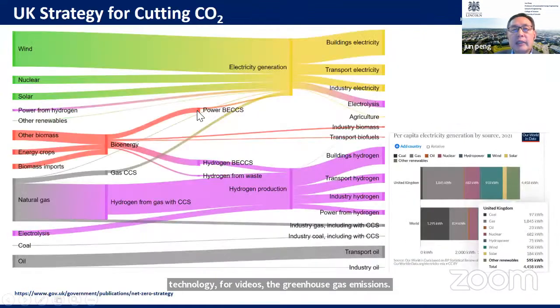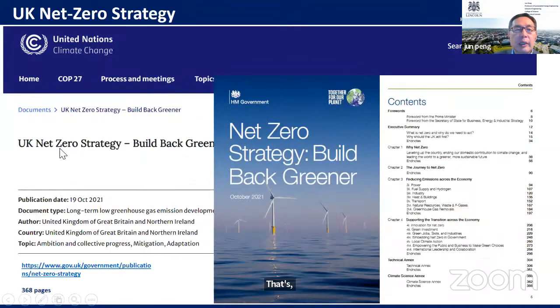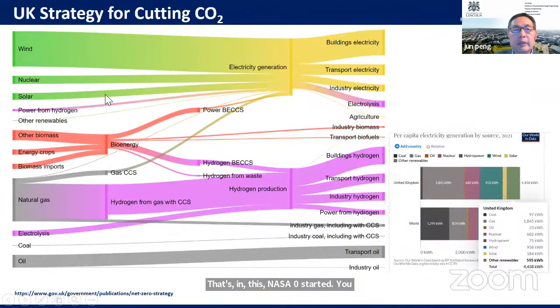That's in this UK net zero strategy, these white papers. By the 2050s, how will the UK get its energy supply and energy consumption? The government plans roughly half by the 2050s, and the UK energy supply is definitely renewable, green energy,